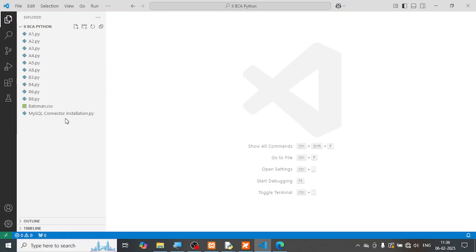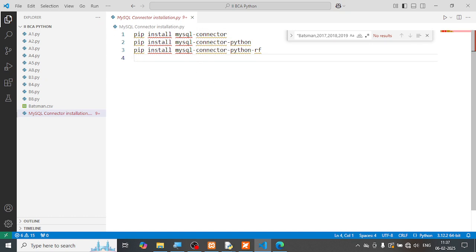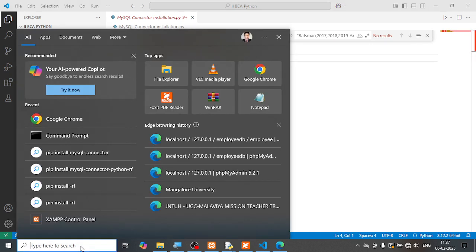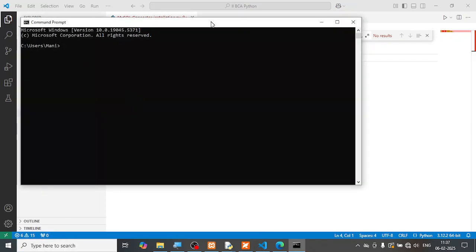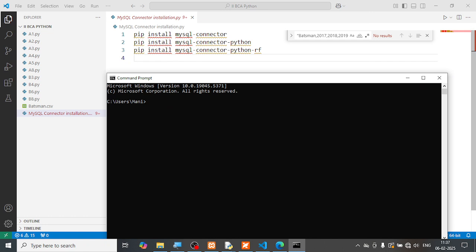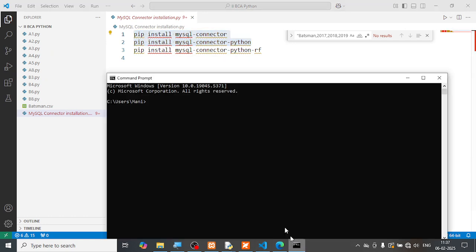And if you have not installed the proper modules of MySQL, it is better you install them. So go to the command, just search for the CMD, open the CMD, and in the command prompt, type pip install mysql-connector. Now, if you're doing these things in the lab, you don't have to type all these things